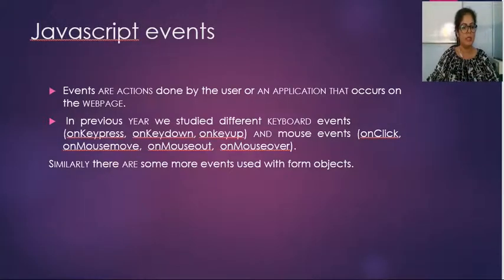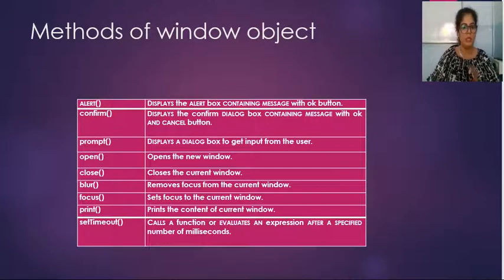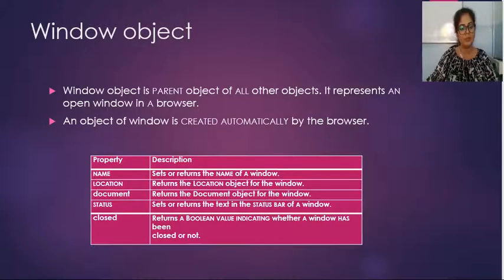Again I am telling you, you have to remember the names of all the objects and the names of all the properties of those objects, because you will get a question on this. Tomorrow we will start with the events. In the same way, you have to remember the names of the events, which events are supported by which type of objects, or how many events an object supports and what their names are. These are very common questions on these topics.